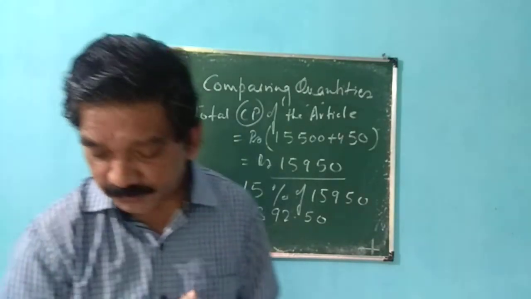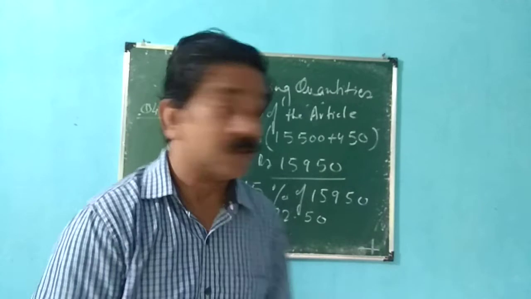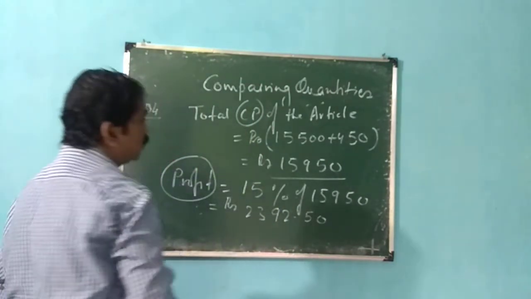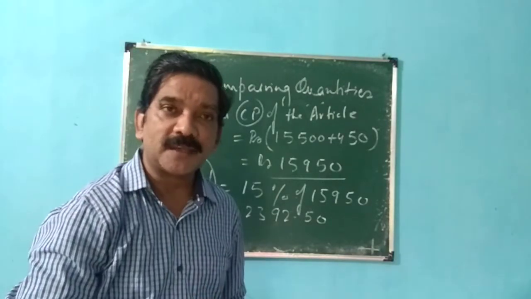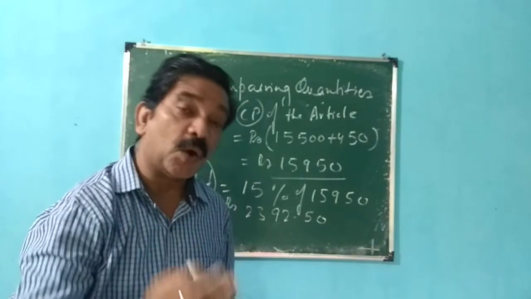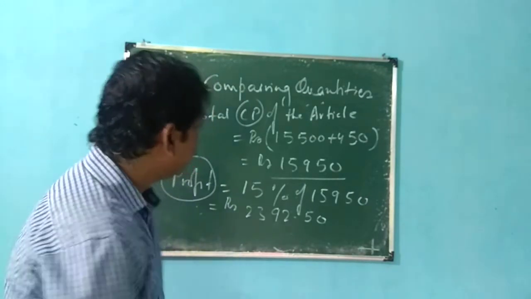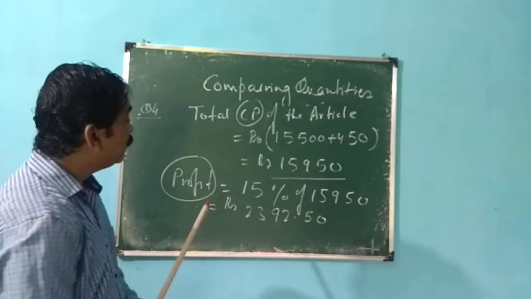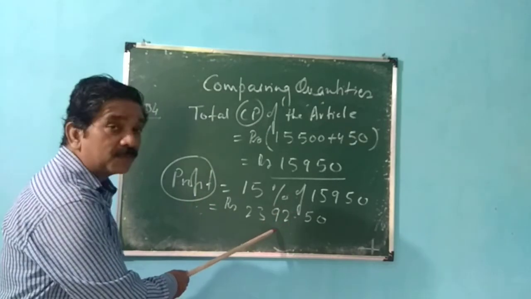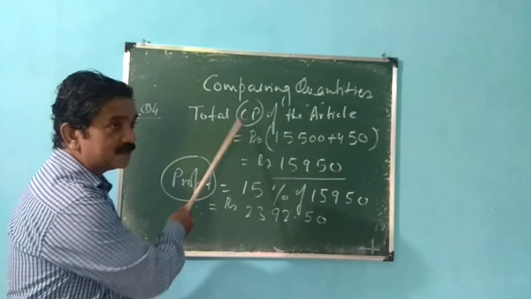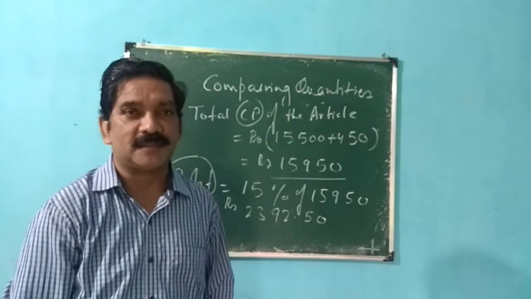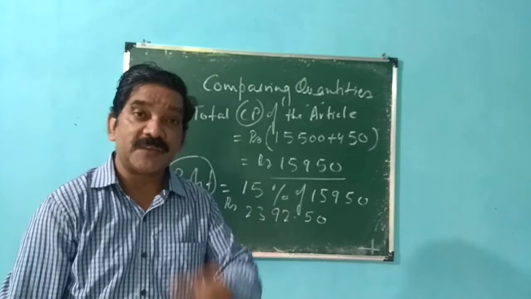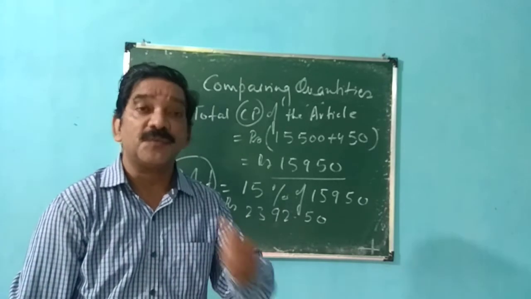What you are supposed to find out? We are supposed to find out the selling price. So what we have now? We have profit and we have cost price. Now what is the formula for selling price? Or let me say, how can you find out the selling price? See, how to get the selling price when we have the profit? When we add this money, that is the profit money, to the cost price, we get selling price, isn't it? When we add profit to the cost price, we will get the selling price.